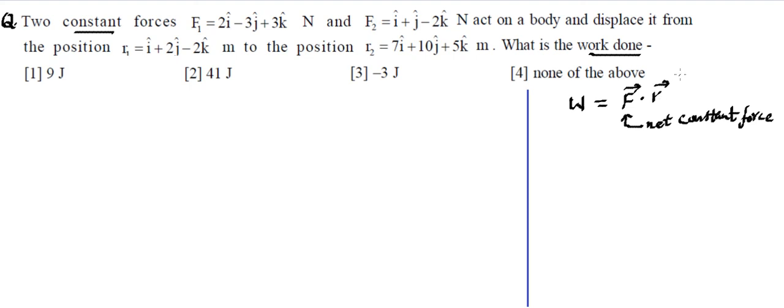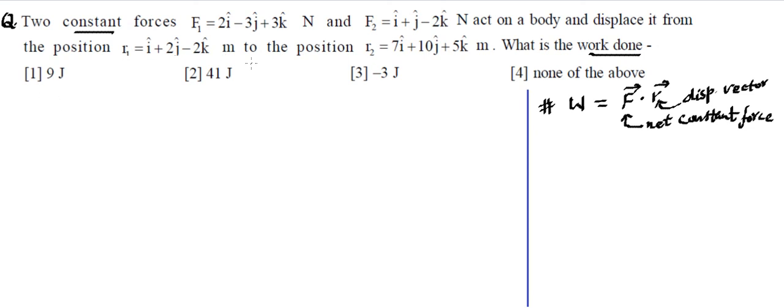And this R indicates the displacement vector. We have talked about the displacement vector. So R has to be written as a displacement vector, and F has to be written as the net constant force. Then the dot product between these two vectors is the work done, because we know work done is a scalar quantity and these two are vectors. So we need to multiply these two vectors in such a manner that a scalar quantity comes out. That means the dot product has to be performed. So that's the definition of work done, and this we need to remember. Now using this we can find the work done.